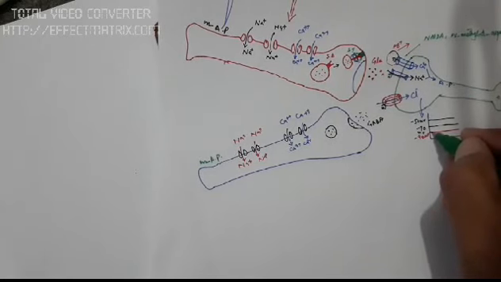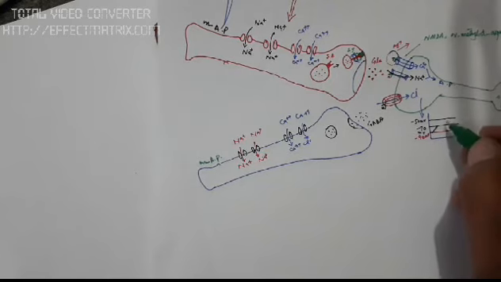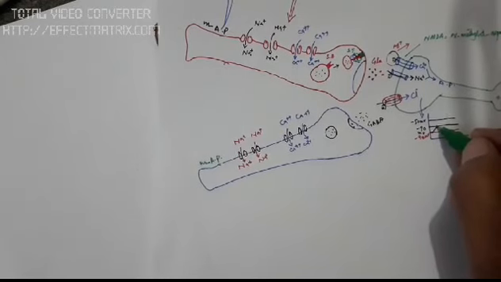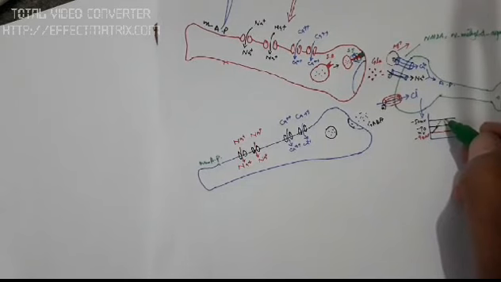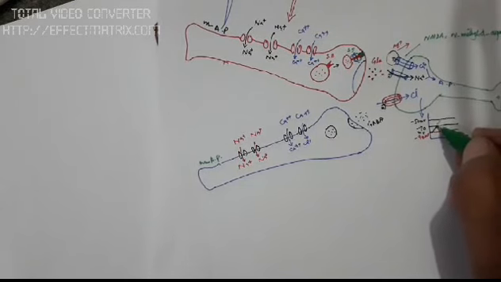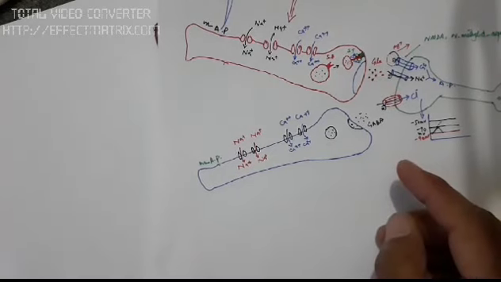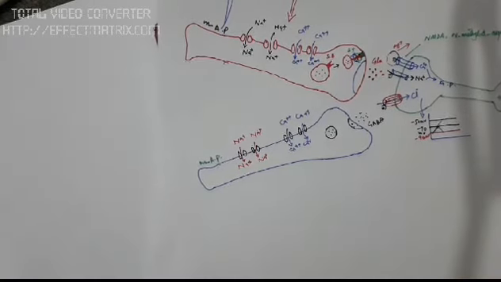It will just be able to bring the negativity to minus 70 millivolt. It will never be able to move to this threshold voltage at which the cell is activated. So the cell will be hyperpolarized and will never be activated. So the GABA is inhibitory neurotransmitter in